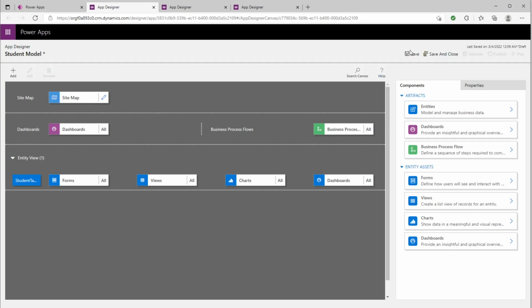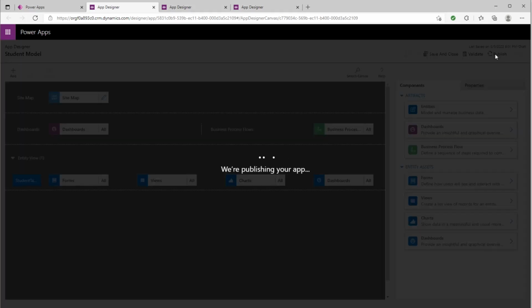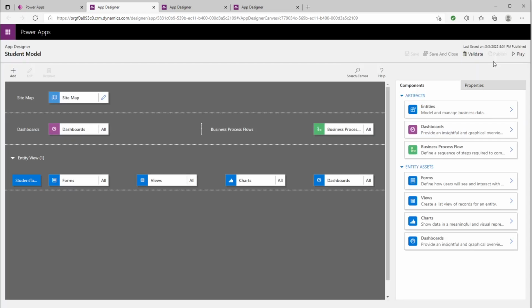So we can go ahead and save now. Select publish, play,